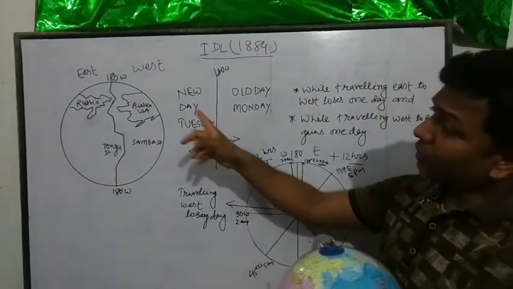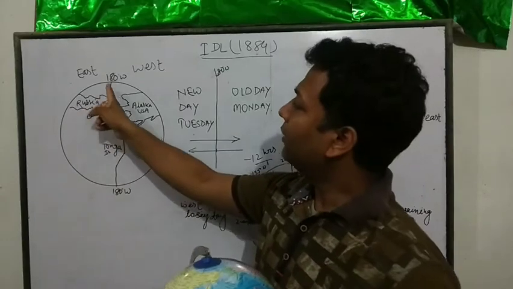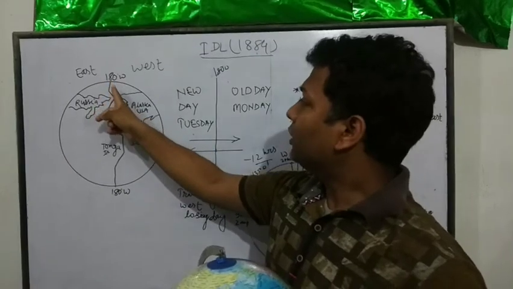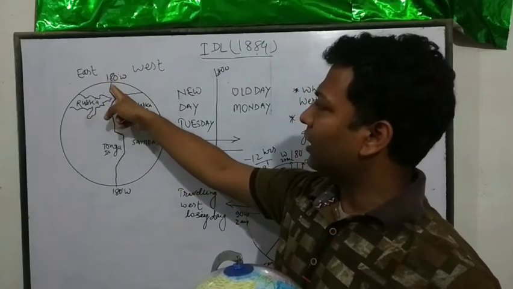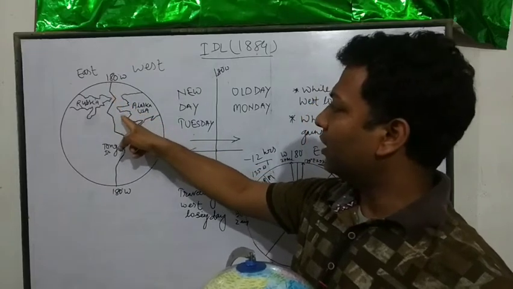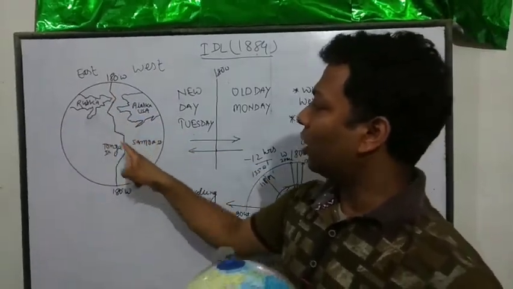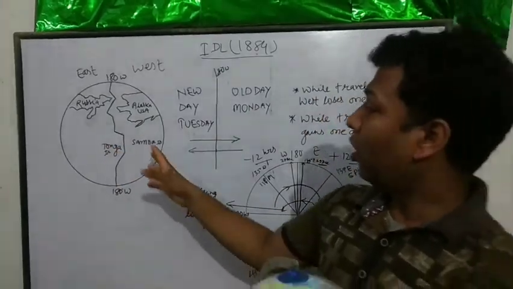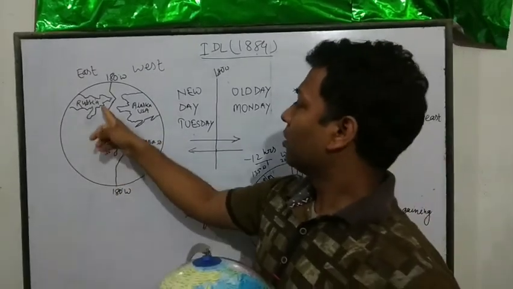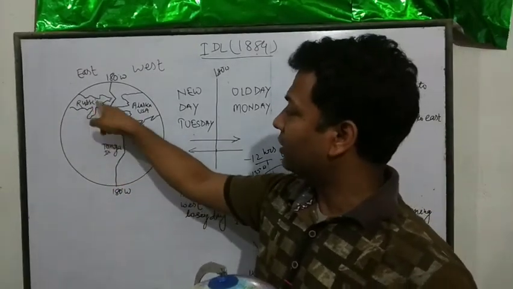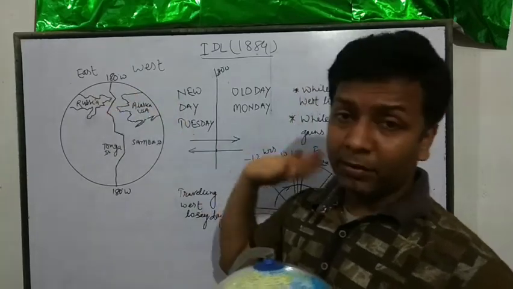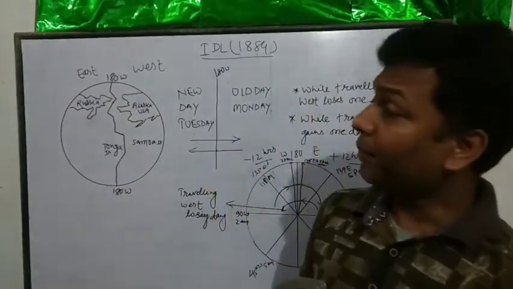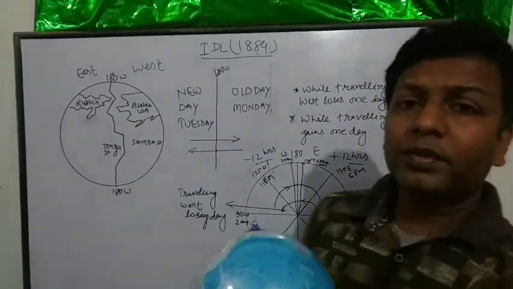So now we are going to discuss. Here is the Bering Strait and Aleutian Island. This international date line crosses the Bering Strait and Aleutian Island, and this is a zigzag line. This is the Tonga Island and Samoa Islands. Because of these islands and these parts of land body, this line is drawn zigzag.